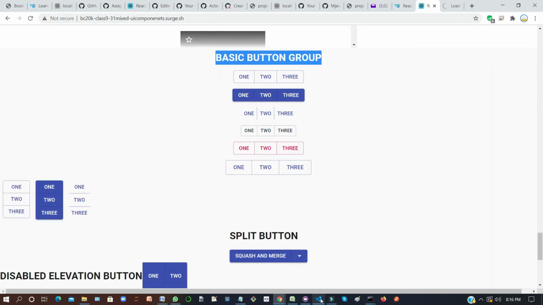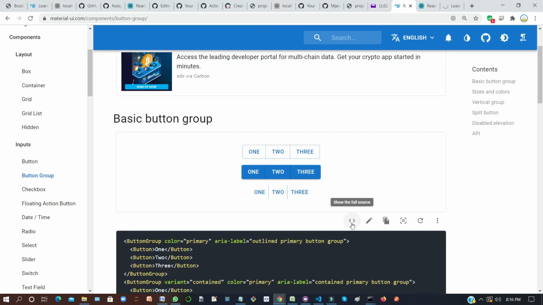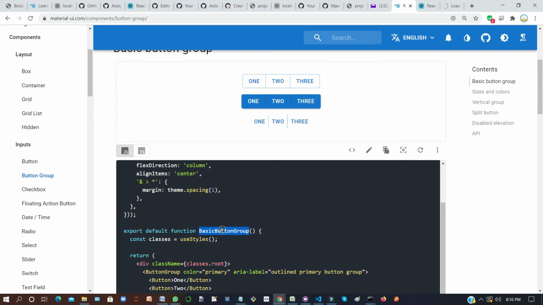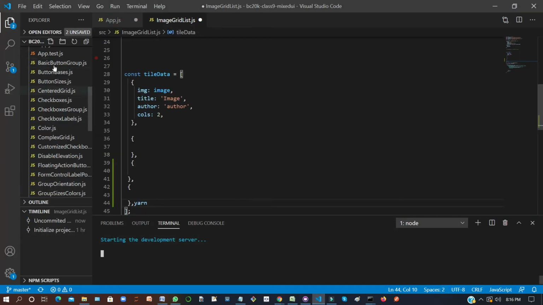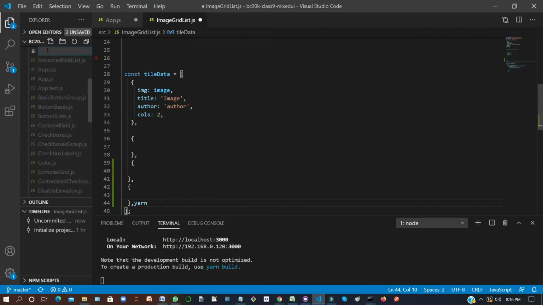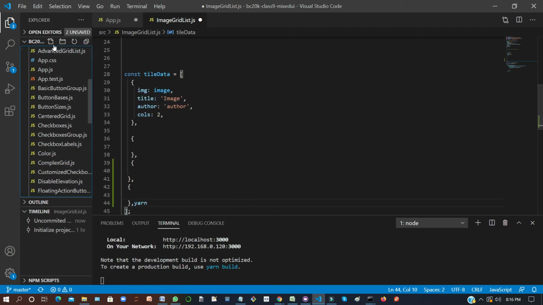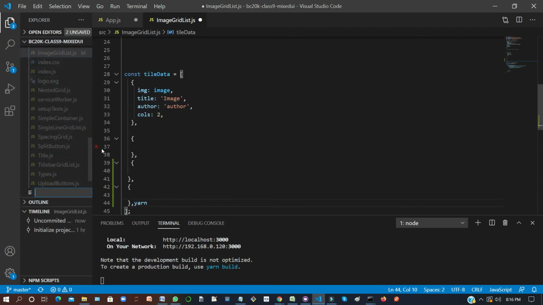So what you will do, you will copy this code from this, and you will see this button group. You will copy it and go here and create a simple new JS file, which I have already created.